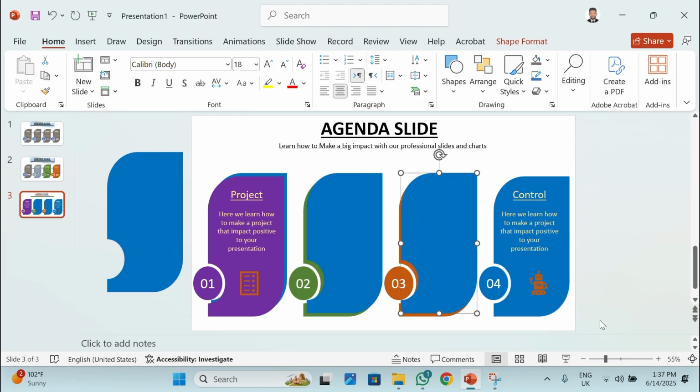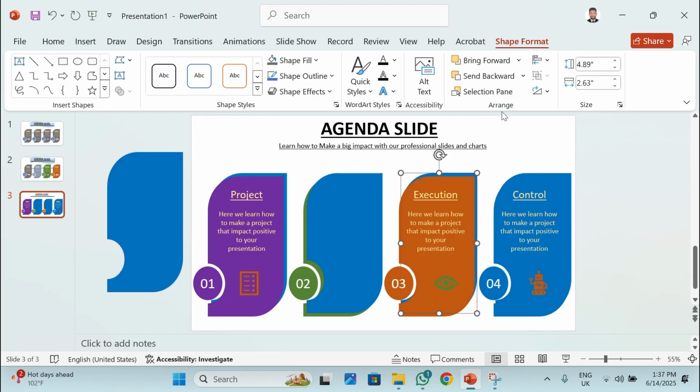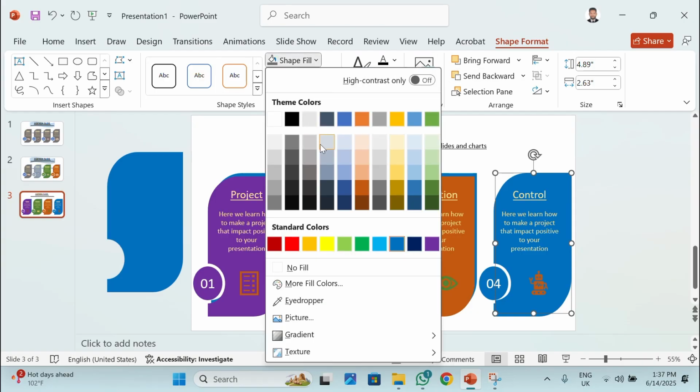One more duplicate needed. Now send to back, this one also send to back, send to back. I'll change the color of this